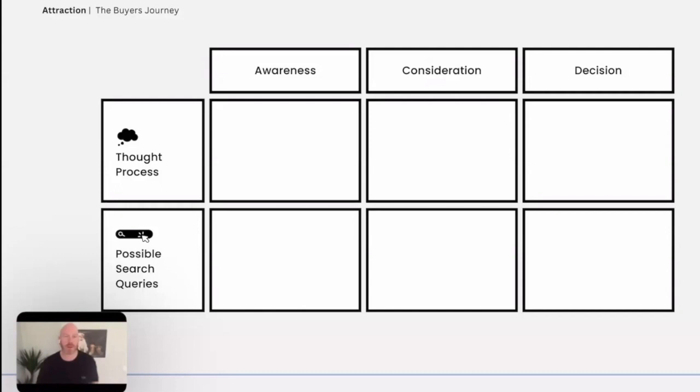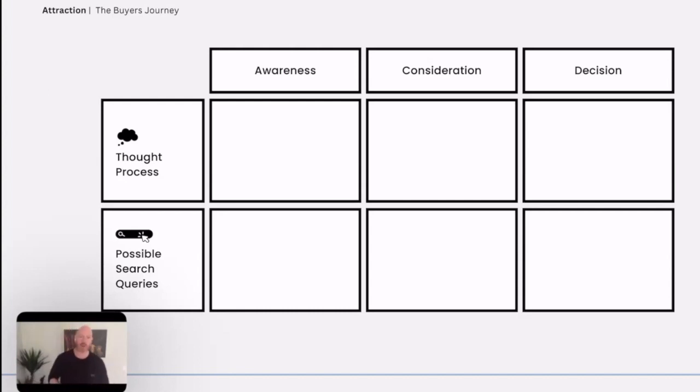I'm going to do a really short little video about a process that really helps when you're trying to create content, whether that be social media content or content for your blog, videos, etc. It's something you've probably heard of a million times called the buyer's journey. It's part of the attraction stage of marketing tactics. And what I want to do is show you a really good way of using the buyer's journey to